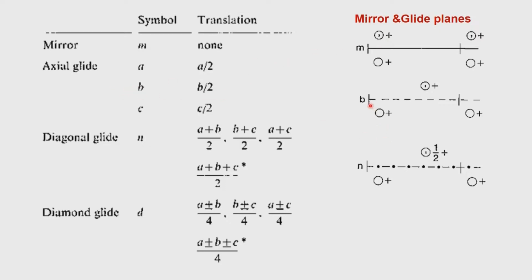So, here what you see is therefore x, y, z. Now, it undergoes a mirror reflection, and after the mirror it translates by half the unit, in this case along the B direction. So, this is B divided by 2 representing the B glide. So, the B glide can be perpendicular to either A or C. So, the translation now is associated with half the distance of B.